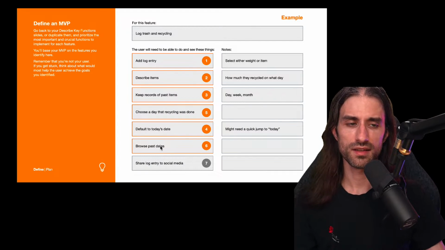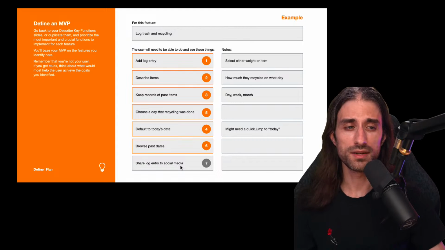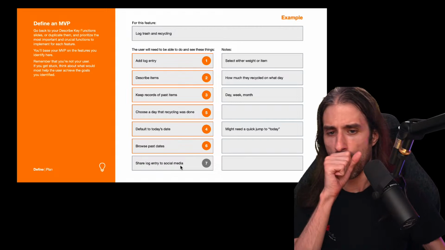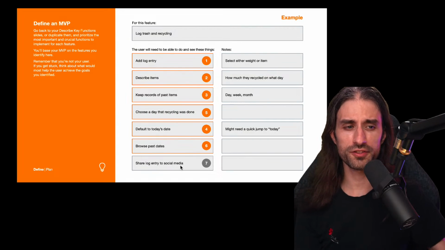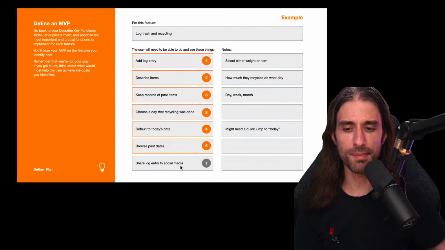Browsing past dates as 6, and sharing to social media, indeed, it's 7, and it's not a priority because if you want people to share on social media, they first need to use your app and be excited about it. So it makes sense to first build a strong set of core features in your app and then think more about spreading the word and how your users can share on social media and basically through it share the